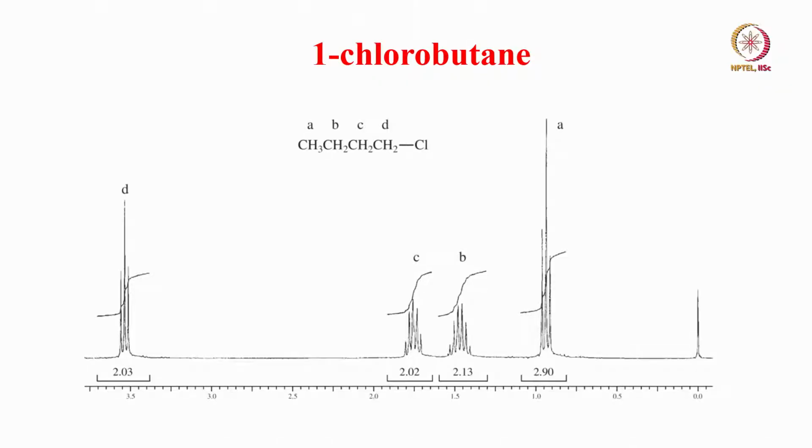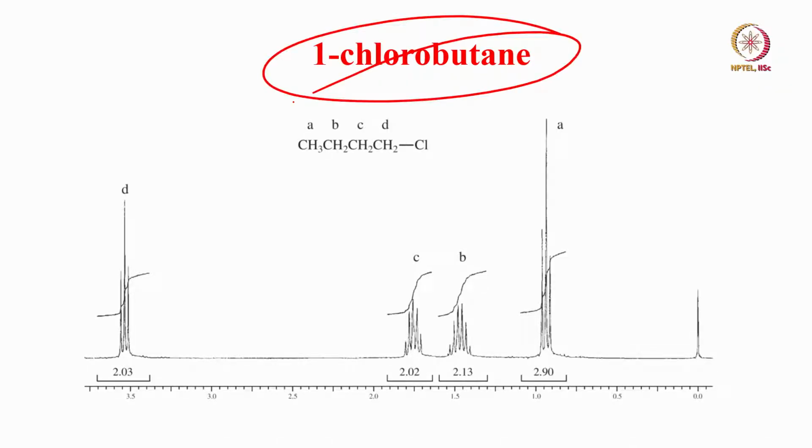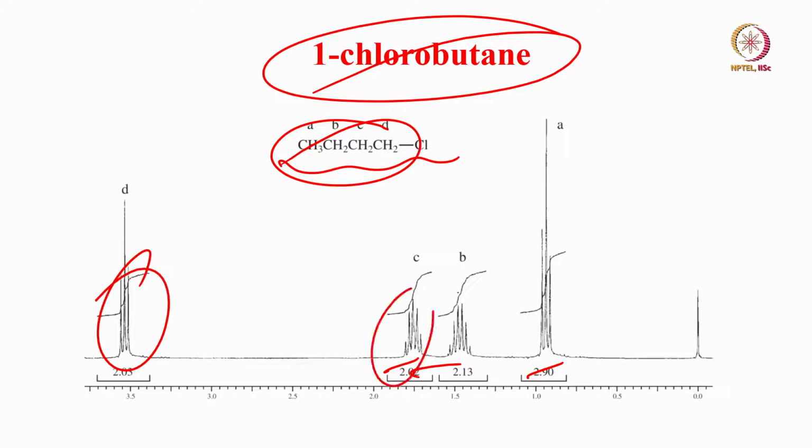So today we will come back and start with what is called analysis of the spectrum. I take the simple molecule 1-chlorobutane. It is a very simple molecule whose structure is given. It is a realistic spectrum, not synthesized. Looking at the molecule, you can say there are 4 different groups. Obviously you must get 4 different groups of proton peaks. Of course this is the reference TMS.